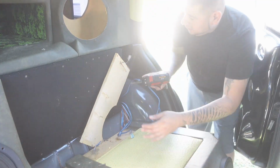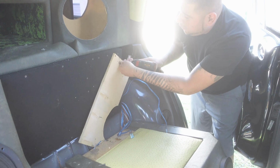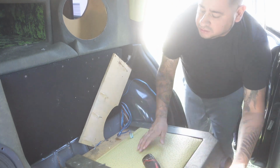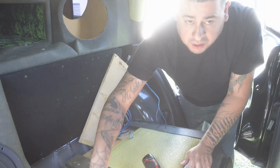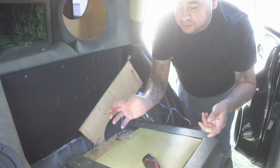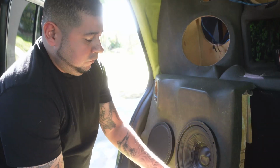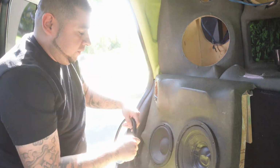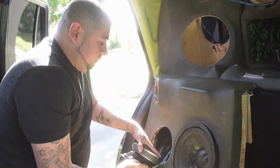Once we get all these panels taken off, you can see what the box actually looks like, because I know some people are asking questions about the sub box, and you'll see the actual design of it versus pictures and recaps. If you guys are in the surrounding Tampa Bay area, next time I have the truck, it's a nice little cool thing. I'm telling you, the meet that I just had, I didn't even expect that many people to pull up, but it was